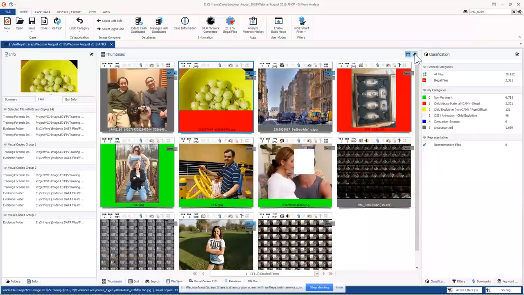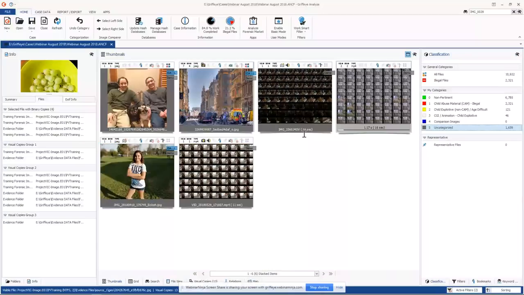One of the things you can do as well, for those of you who use this software often and you're categorizing a lot of files, is set it to hide the thumbnail after your categorization. So notice I just categorized this file, but it's still on my screen. Well, if you want to set it to not have to look at that anymore, you can set this hide thumbnail after categorization. And then what I'll do is I'll go back and I'll filter to my uncategorized files.